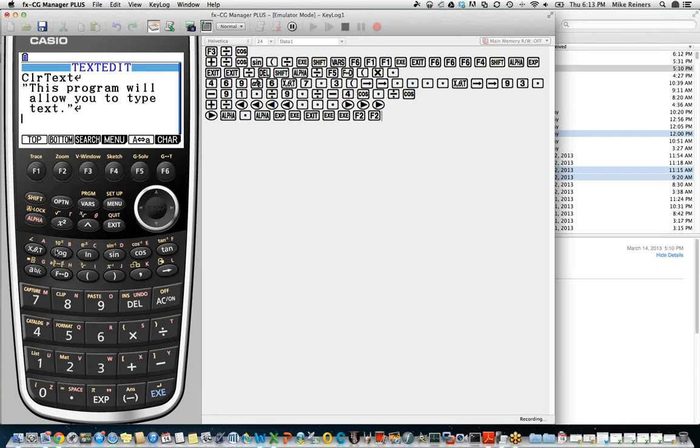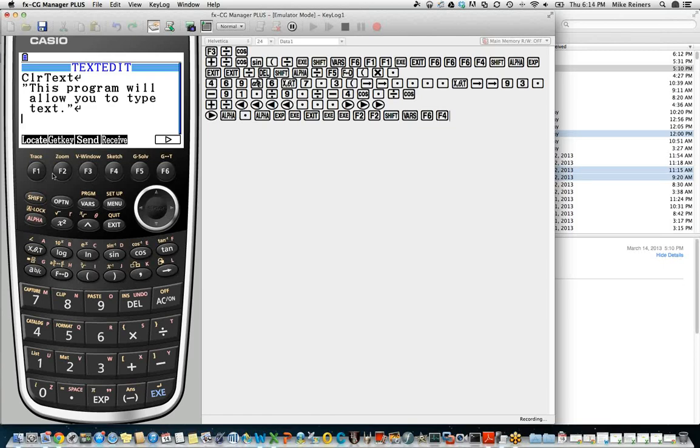The GetKey command is going to return to the calculator a code that represents the last key that was pressed. So let's first find where the GetKey command is located in all of our commands. We press Shift and Program to get our programming commands back. We're going to press F6 to go to the next page. Because GetKey has to do with the user inputting something, typing a key, creating input for the calculator, it's going to be in our input-output menu here, F4. Notice that this is where we had the command Locate last time. GetKey is the very next command next to it.